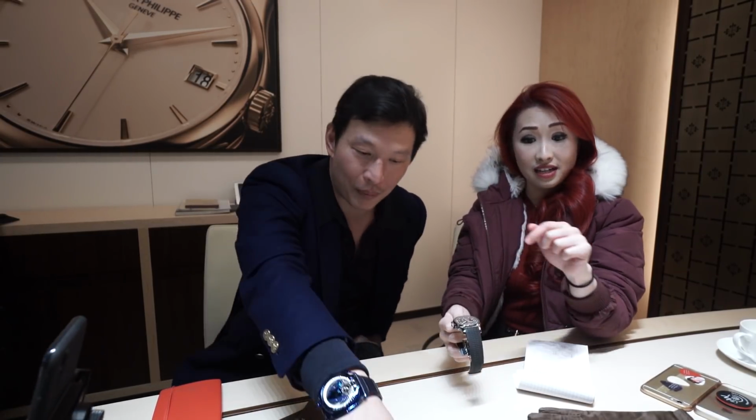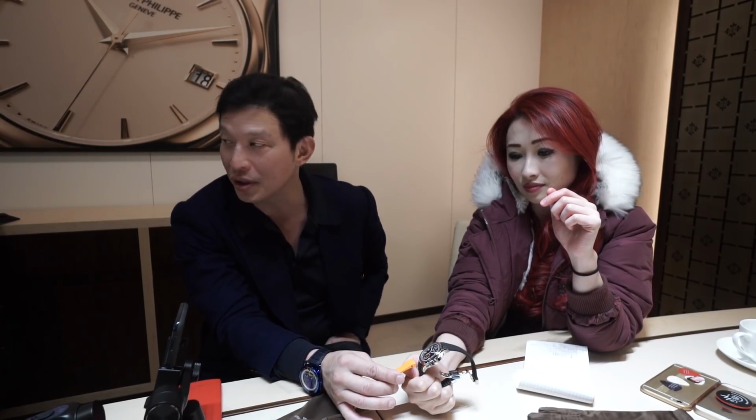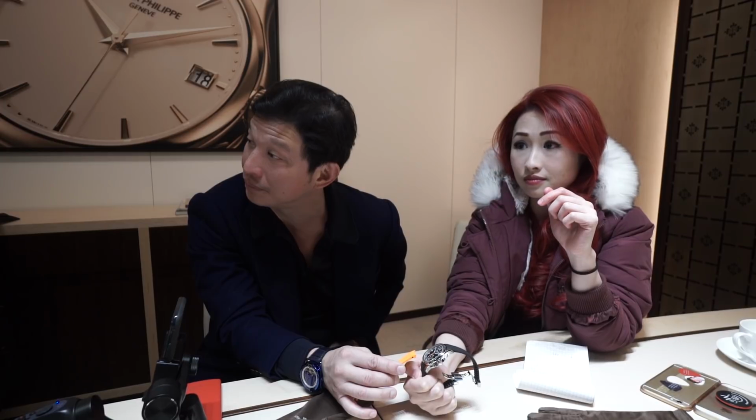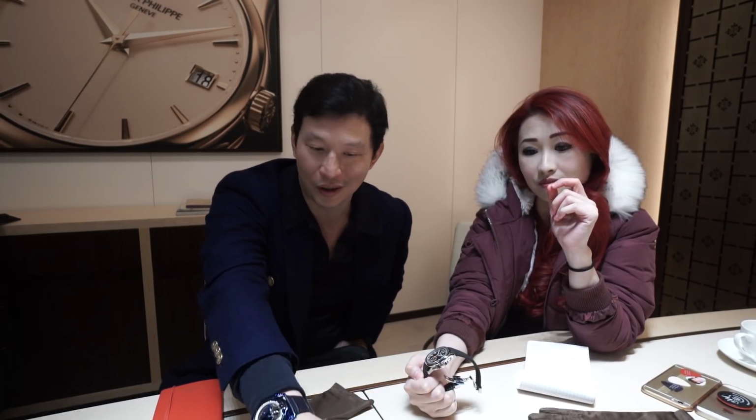Oh yeah, so that's important to remember. So it comes with two straps, depending on how you coordinate your outfit. And also, listen, when is delivery of this watch happening? Well, soon. So if you guys are gearing up towards summer,